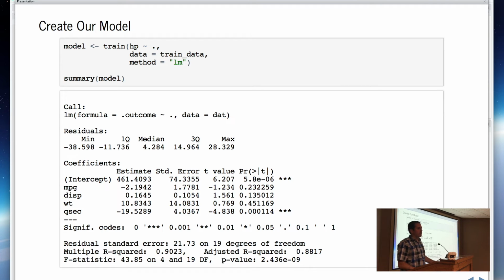And so the smaller the p-value, within this model, just this model, not necessarily all other models, this is the amount of importance of that variable versus the other variables.